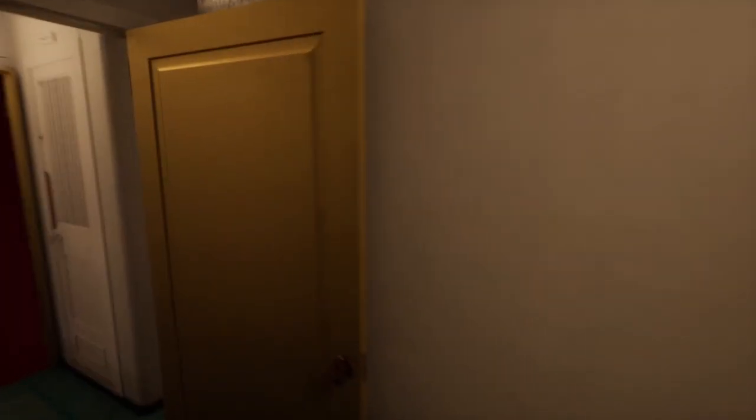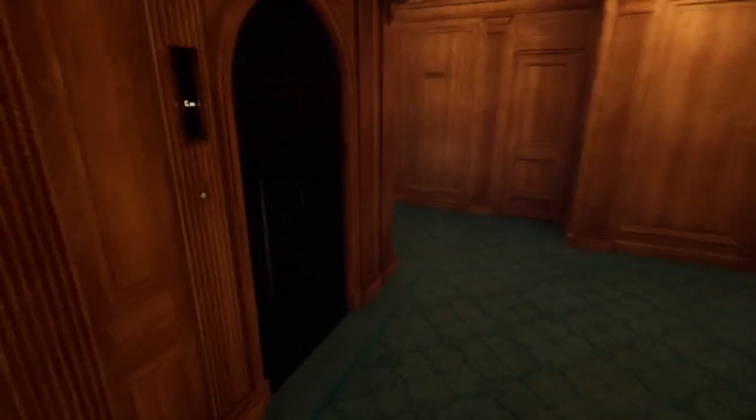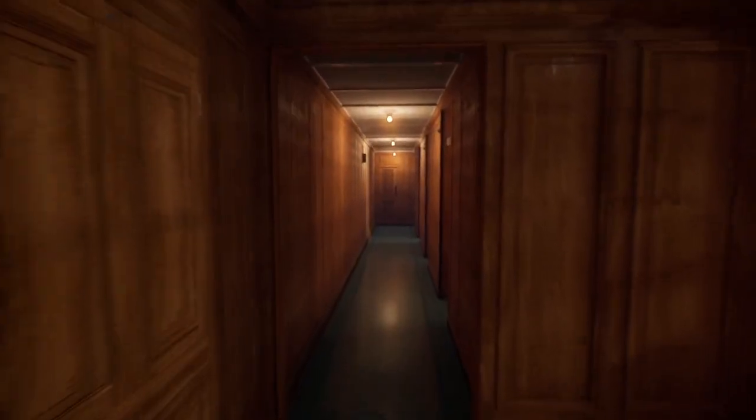Anyway, I don't think there's really much to look at over here. See if there's anything else we can look at. These are the elevators, by the way. That's what these things are. Yeah, I remember the Titanic demo actually has a sprint button, but there's no sprint in here. Kinda sucks, but...